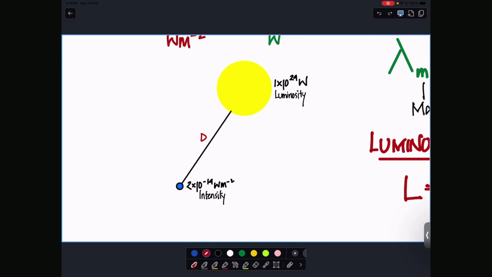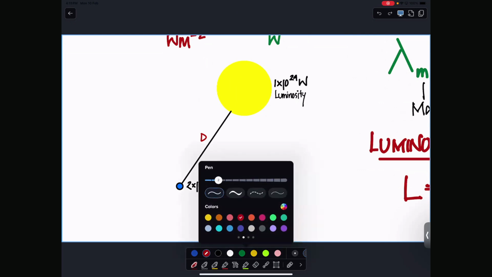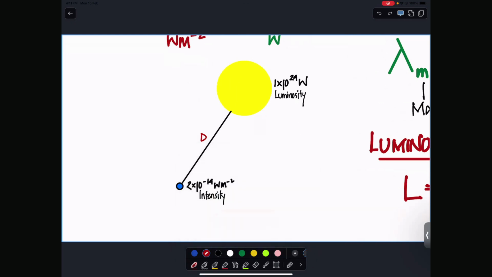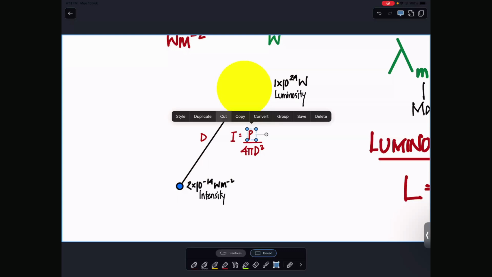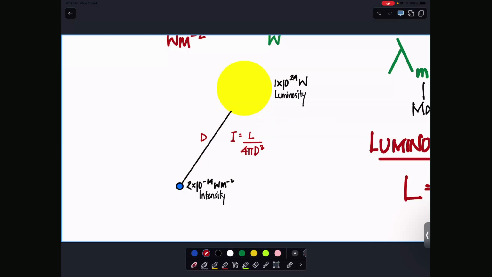Why? It's very far away. So we need to find out how the power changes over the distance traveled. That relationship is the radiation flux: the intensity you receive is equal to power divided by 4 pi d squared. And if we use luminosity instead of power,